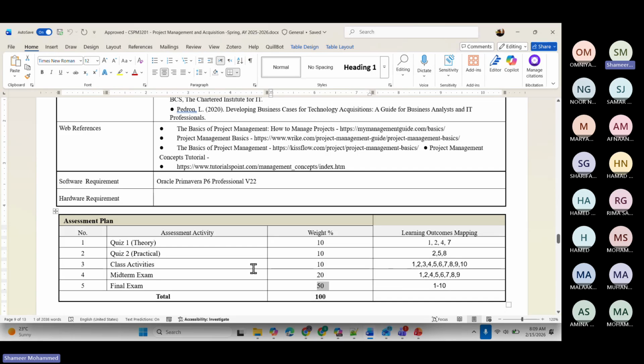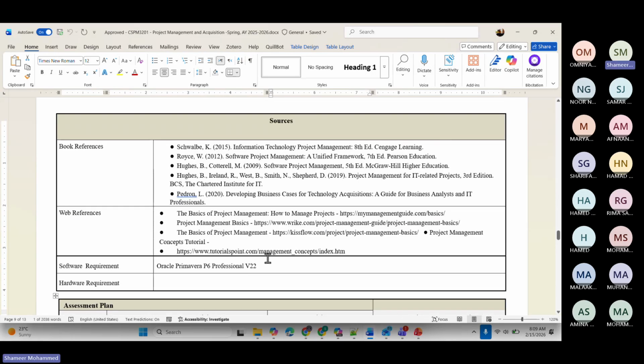Right. This is the assessment plan. Now, what are the books you can refer to if you want to study this course? This one, Information Technology Project Management. This is the author name, the edition is the 8th edition, and this is the publisher. The soft copy I have uploaded here